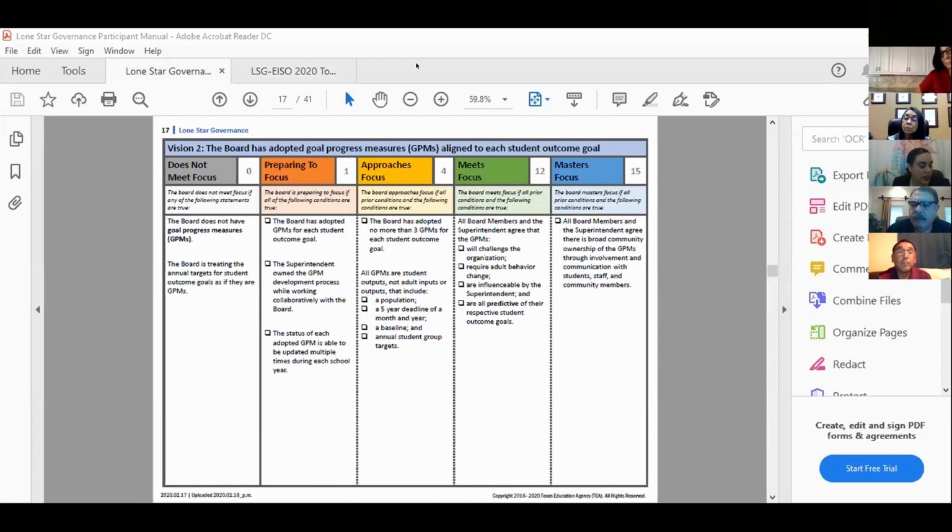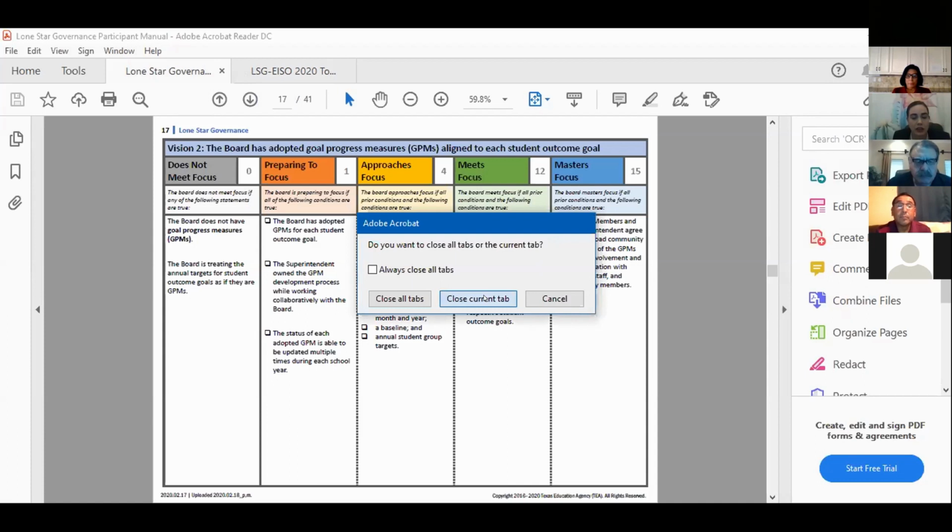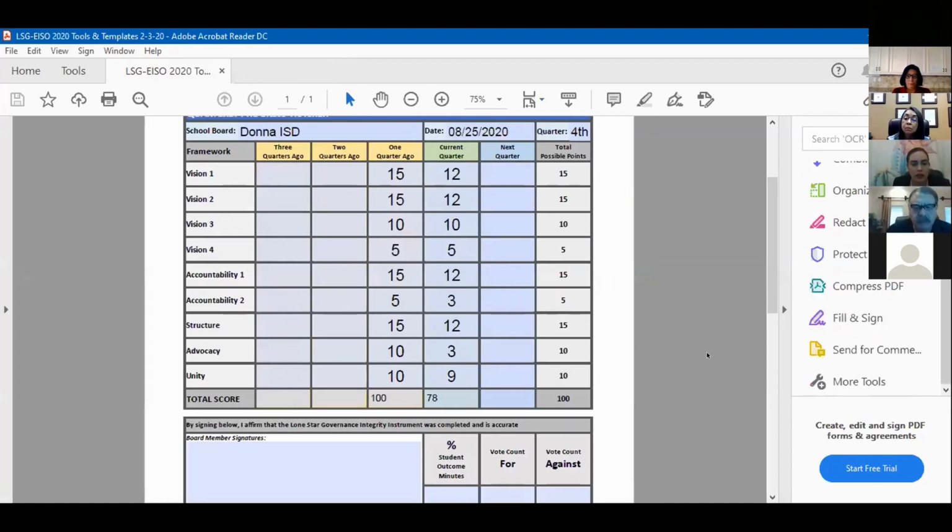Well, I was just thinking about that particular piece in the advocacy, but Dr. McMahon, is that something that you can provide over Zoom virtually, like a Lone Star Governance training for candidates? Over Zoom is a little bit difficult, as you know, because of the mindset piece that we talk about. But we can make as many adjustments as we need to do to get this taken care of. I think that there are some things that we can realign and provide and give assistance. Sorry, that's my dog.